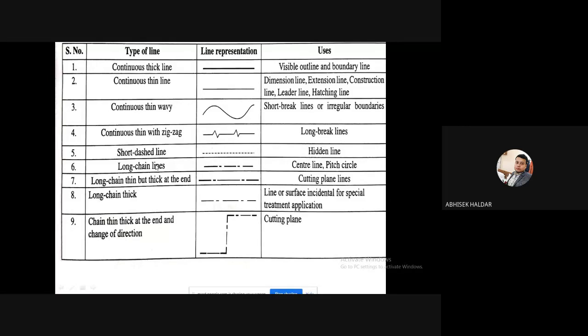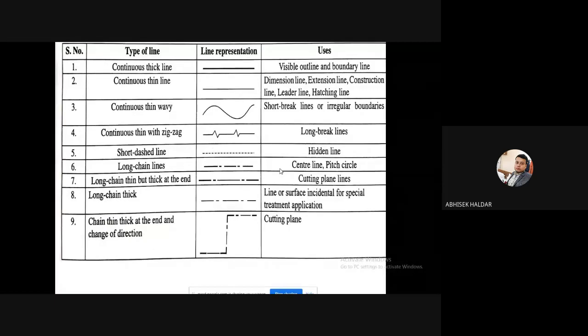Sixth one is the line we call the center line. This is basically the name, center line. That means line, dot, then line, dot, again line, dot. This is the way to represent the center line. What is the significance of the center line? The center line shows the axis of symmetry.